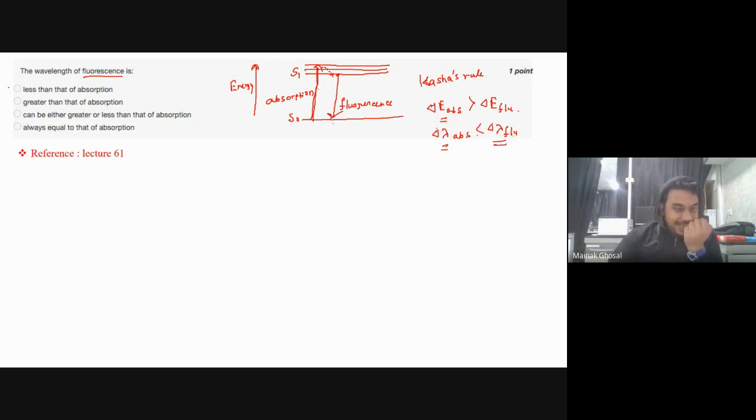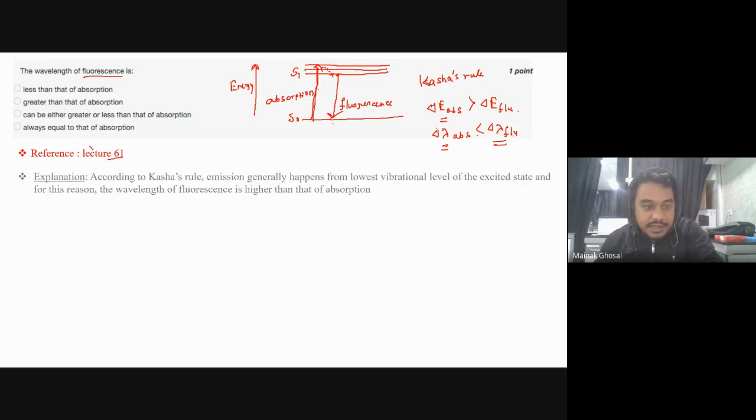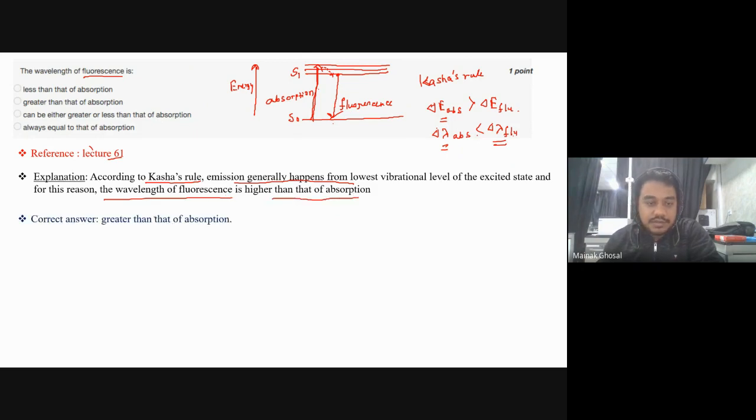You can find this in lecture number 61, and I am also writing here that according to Kasha's rule, emission generally happens from the lowest level of the excited state, and for this reason the wavelength of fluorescence is higher than that of absorption. So this was the discussion about